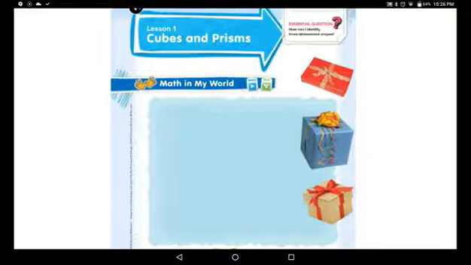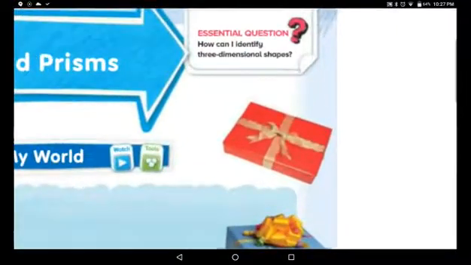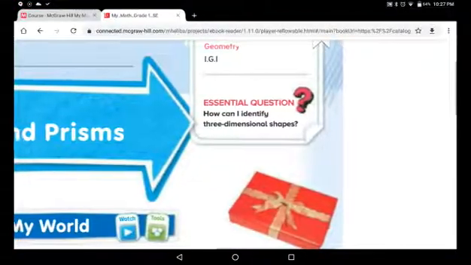We took squares, triangles, rectangles, and circles. These we called before two-dimensional shapes, right? Today we will learn something called, see here in your book,